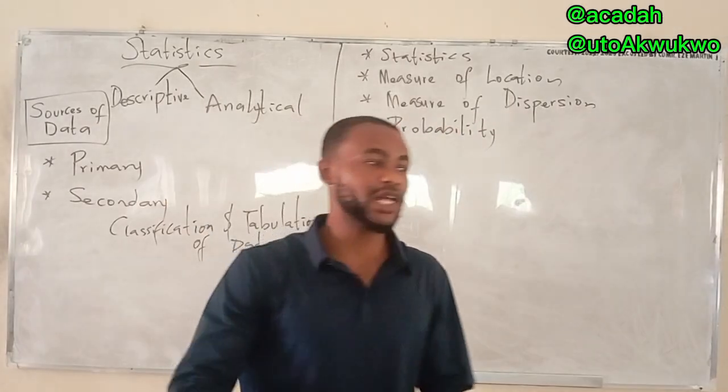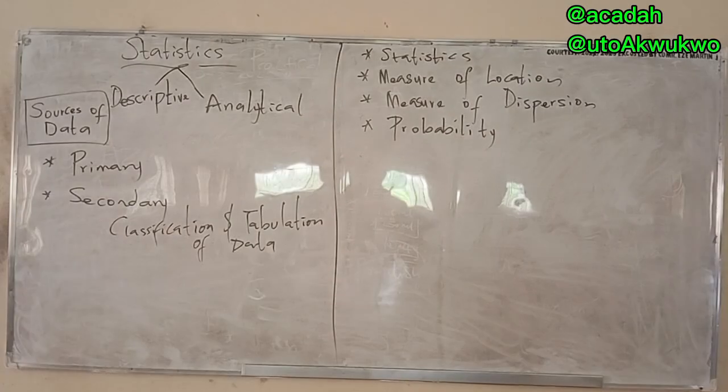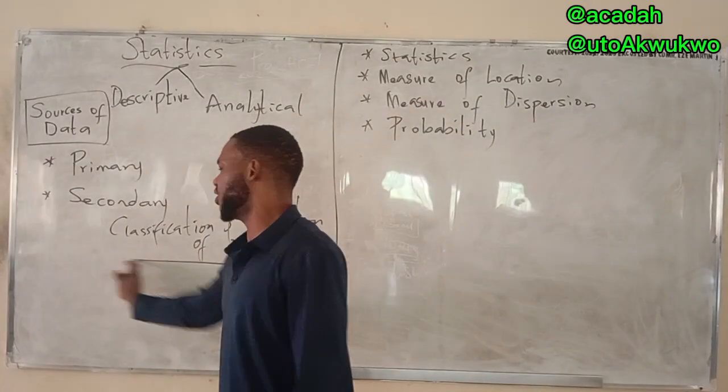All those things they wrote there for you fall under these four major topics. We treat the first three with carefulness, you understand everything in them. Then next Saturday, we do probability. Probability is a course on its own, because under probability we have permutation and combination. It's a big topic, so I want to do it as a topic on its own. So, we said that we have classification and tabulation of data.